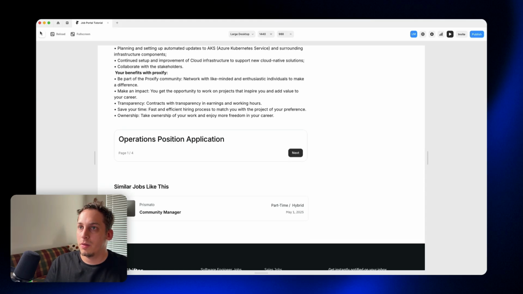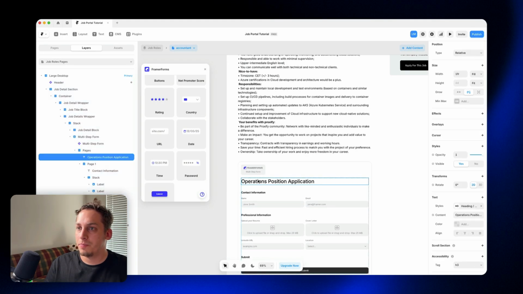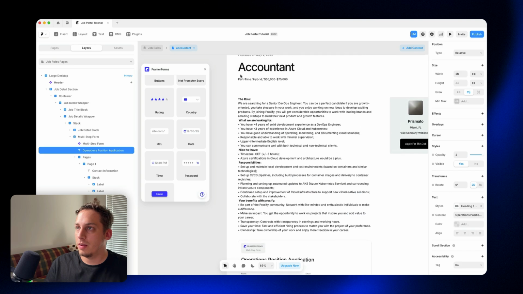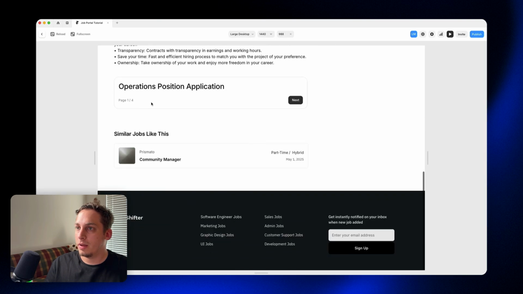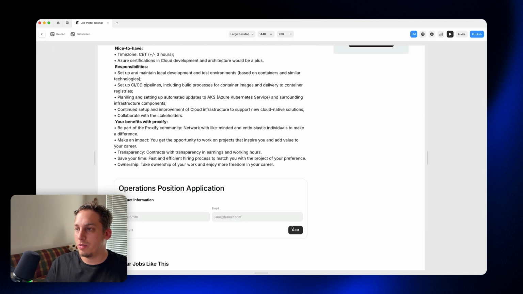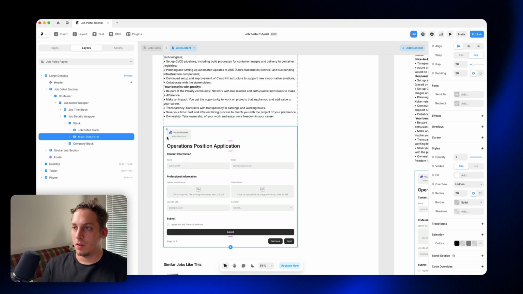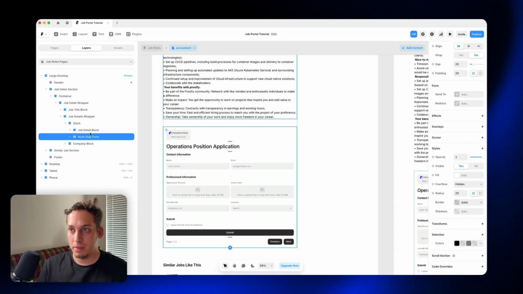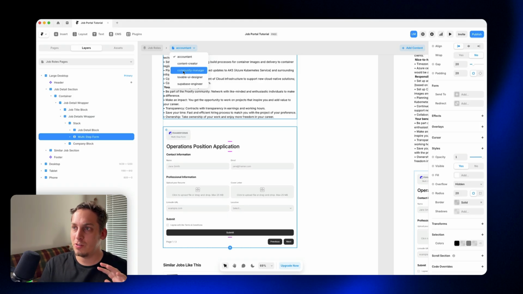So now it's starting to look a little bit better somehow. Okay, we did get some type of bug. This shouldn't be a page, it should be over here, I would say. So let's go back. And now it's working. Great. All right, so now we have to duplicate this twice because for some cases, I mean, for the accountant one and for the content creator one, I guess it's more operations, or community manager one, it's more operations, but Lovable UI designer and content creator are going to be more for design, and the Supabase engineer is going to be more for